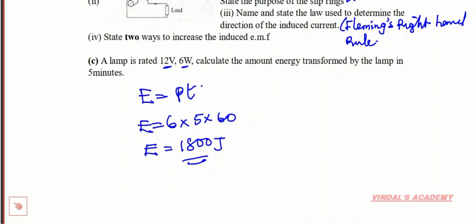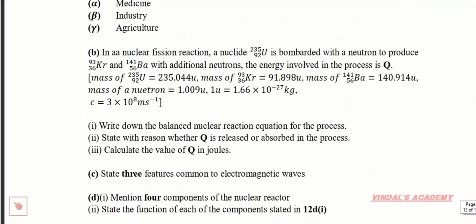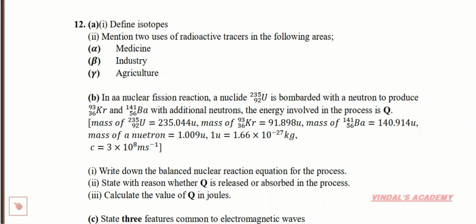Alright, so I think we are going to the last question. Number 12. Oh my god. This one is really big. Isotope. When we talk about isotope, we are talking about when a single element has the same atomic number but different atomic mass. So that is isotope. And then the next one is saying mention 2 uses of radioactive tracers in the following